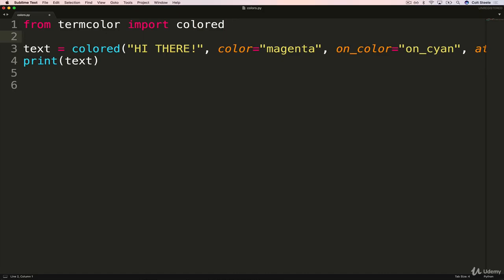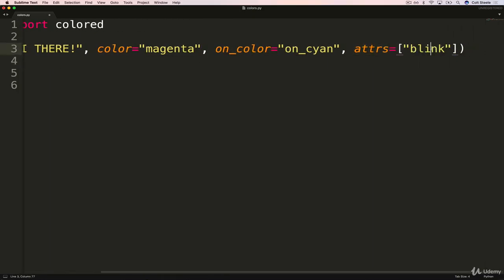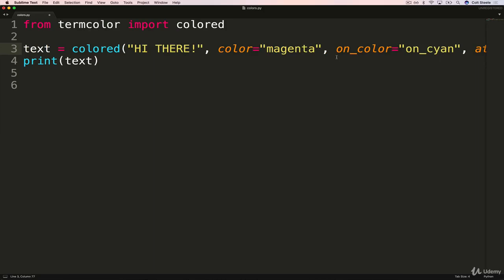But why not just use a nice little package called term color that does it for me. So I can just specify colored. There's a little interface. I say the color I want, the background color, if I want it to be blinking. It's nice and it's pretty easy. And we use pip to install it. So in the next video, we're going to continue to use this, but we're going to try building something with it.